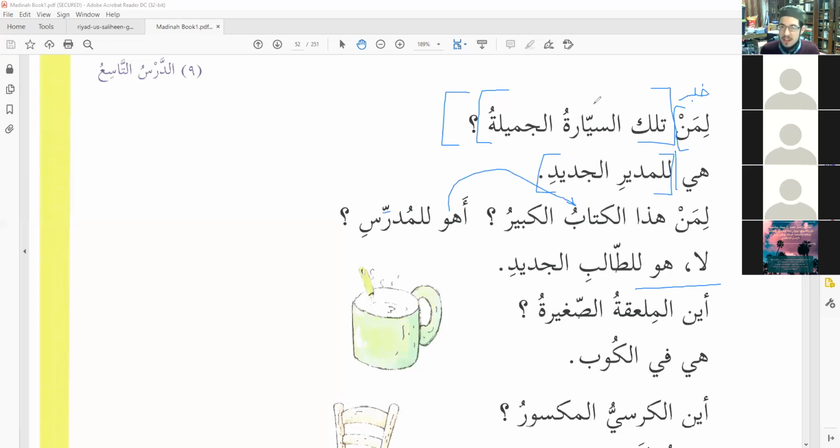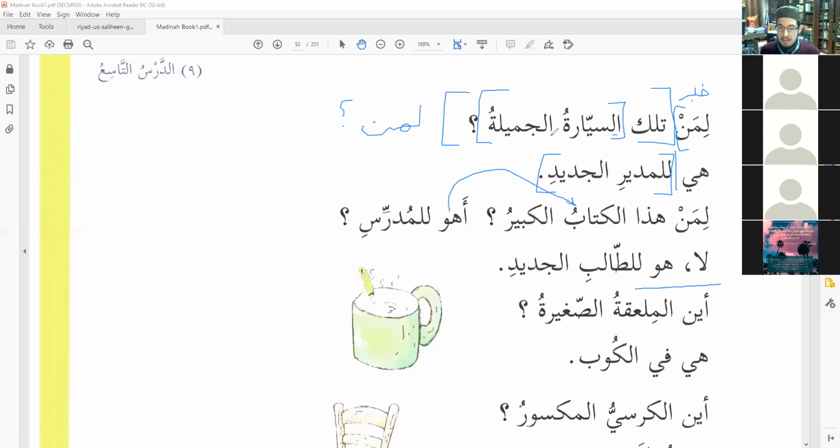No problem. Here, tricky. If we're going to write out the whole thing, it would be tilka sayaratul jamilatu. That's mubtada. That's what we're asking about. Liman is whose. Literally is whose. So what we have here is an ismul ishara, a demonstrative pronoun, and then we have sifa mawsoof. And al-jamilatu follows as-sayaratu in the four things. It follows it in number, in gender, feminine, singular, marfu' and ma'rifa.